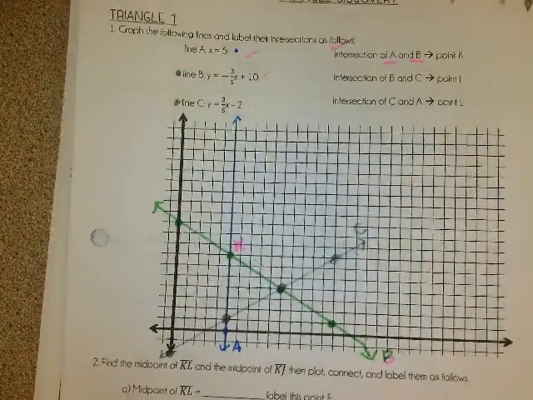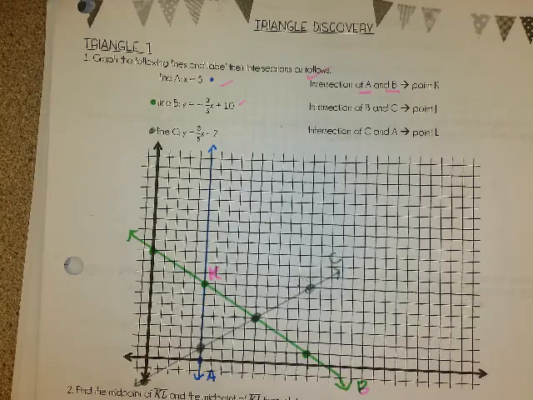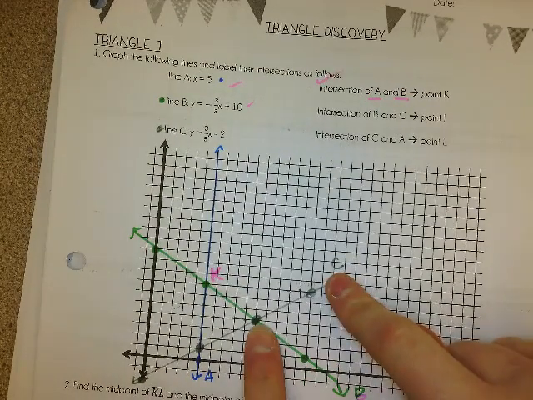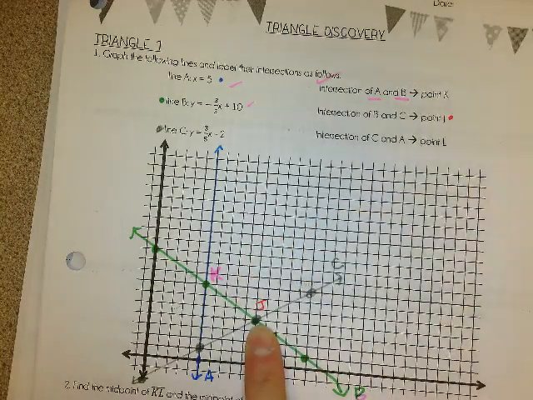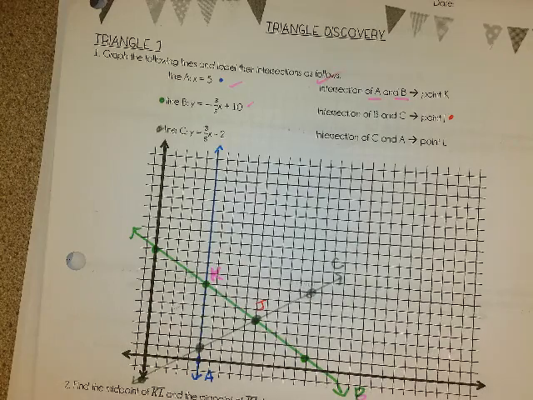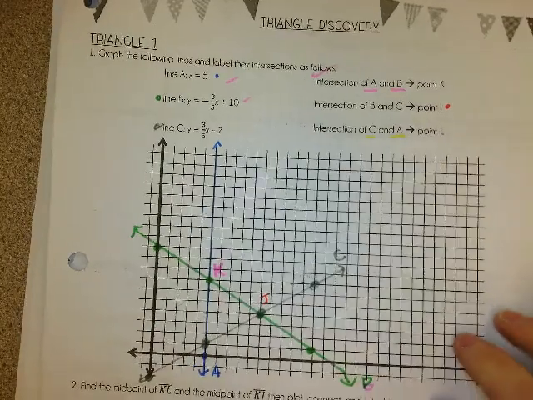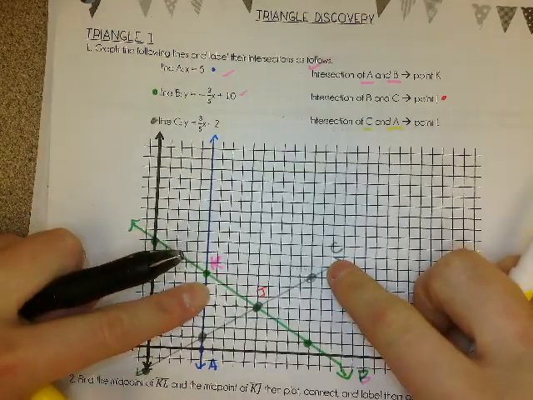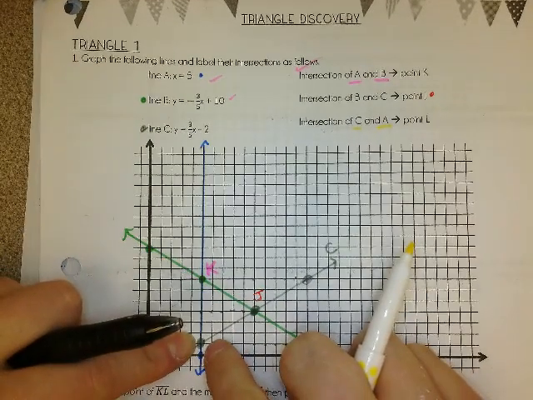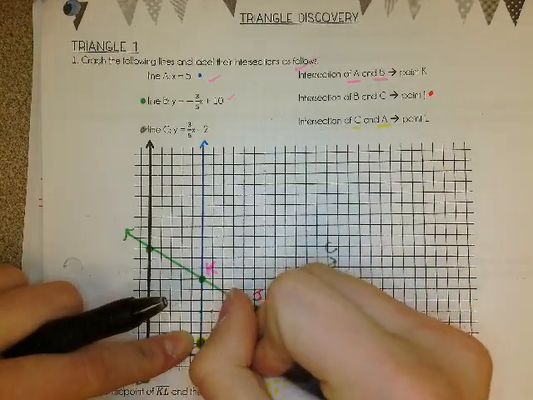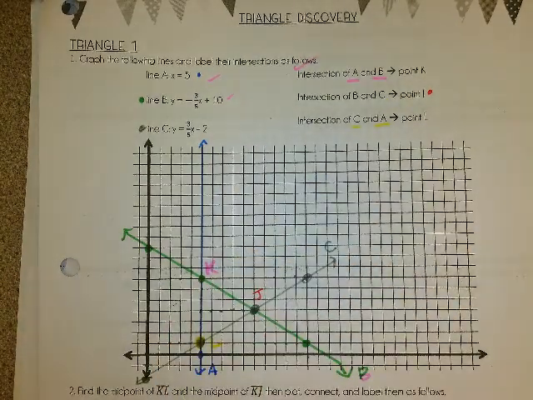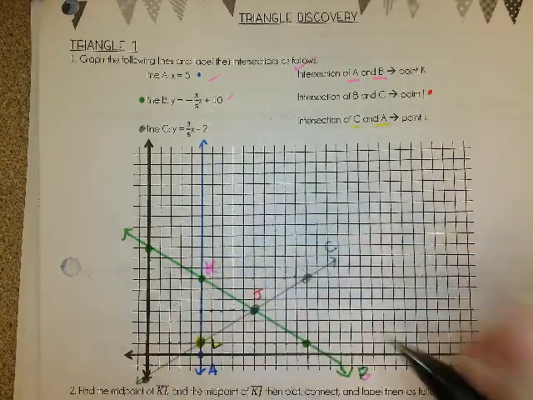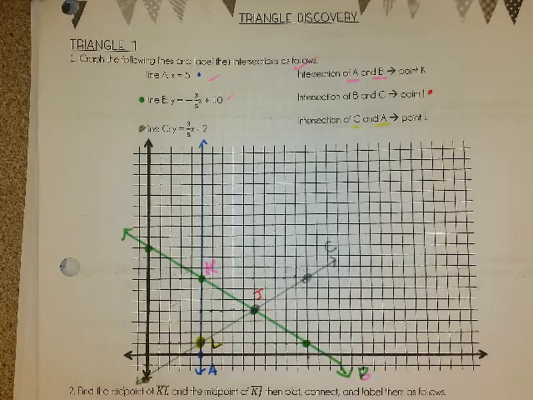So that's in gray. The intersection of B and C, so intersection of B and C, that is point J. And then the intersection of C and A, so intersection of C and A is point L. Okay, so